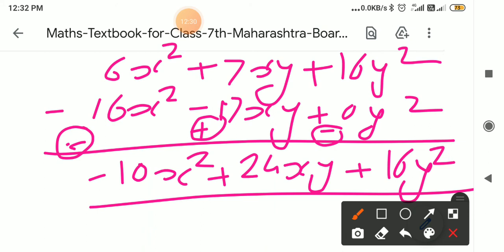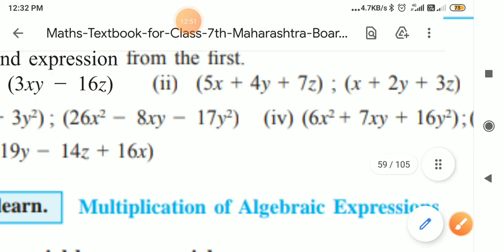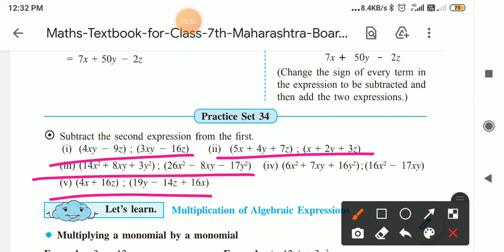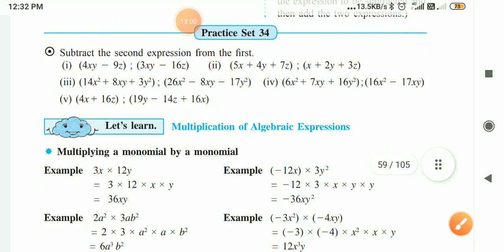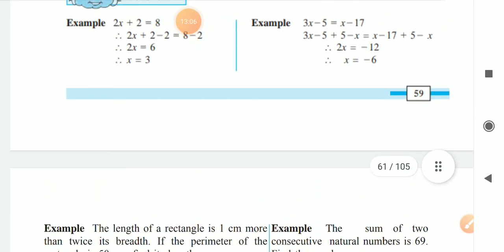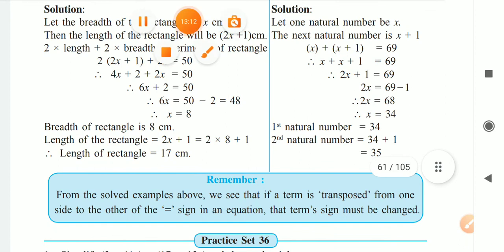So this is the vertical method. We can solve the example by the vertical or horizontal method, but the horizontal method is what we use in the higher classes. So all of you do the practice of that only. The remaining examples from practice set number 34, that is first, second, third and fifth, you have to solve. And tomorrow we will see the multiplication of algebraic expressions and division of algebraic expressions. So today we will stop here only, and the next part of the lesson we will see in our next lesson. Okay, thank you and have a good day.